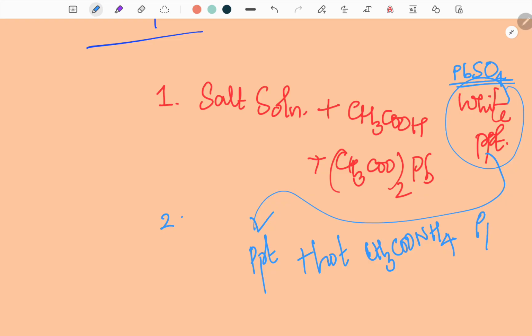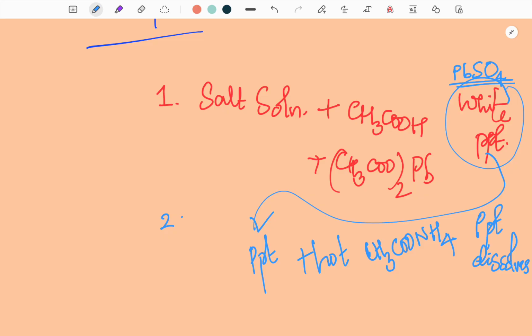And if the precipitate dissolves, if it is soluble in that hot ammonium acetate, then that means sulfate is confirmed again. And why is it actually dissolving? Because lead acetate is actually being formed, and because of that formation, the precipitate is dissolved. The lead sulfate actually undergoes a double displacement reaction when it is treated with ammonium acetate,